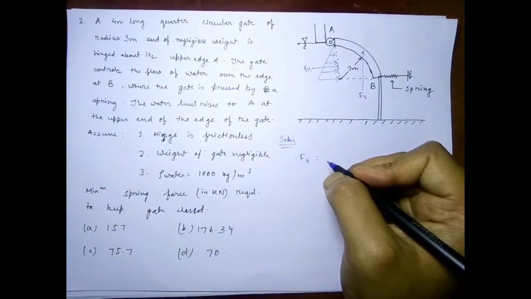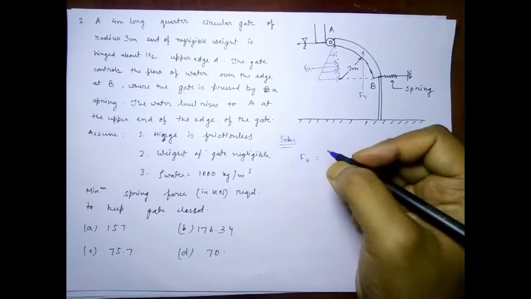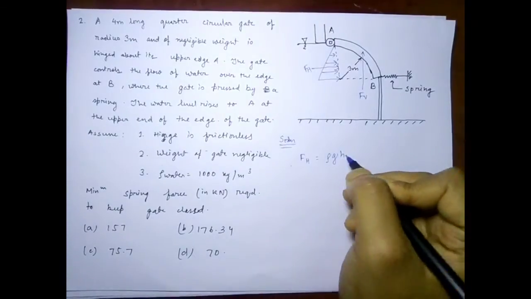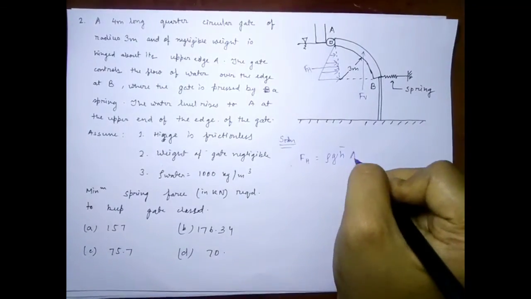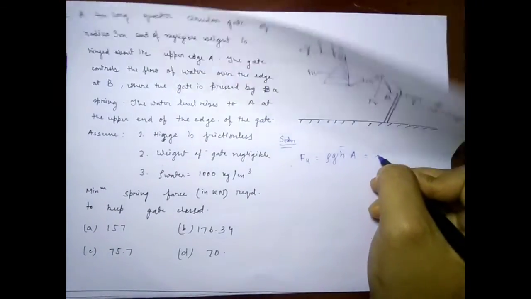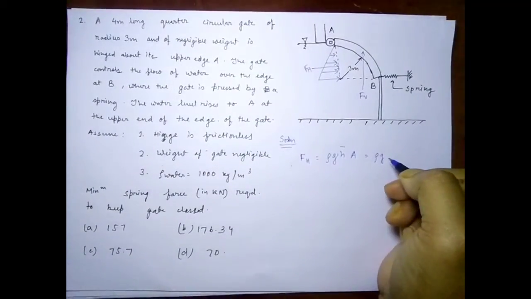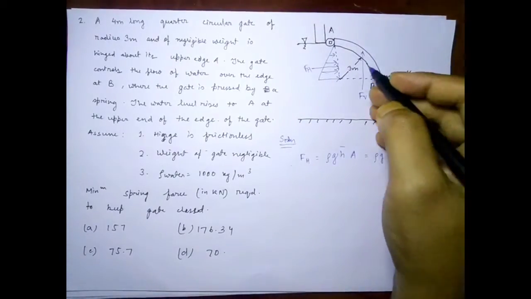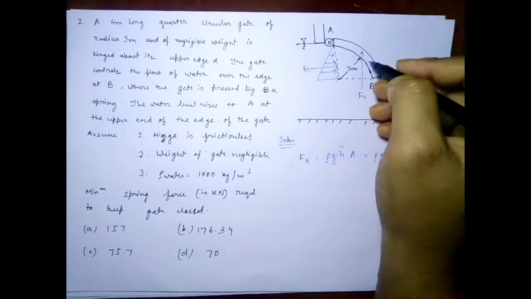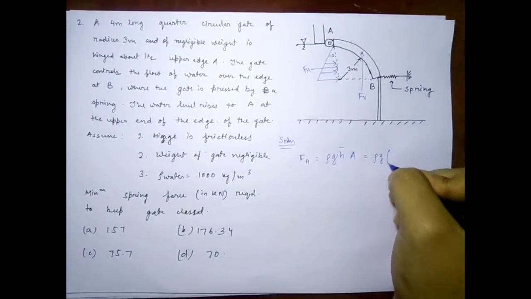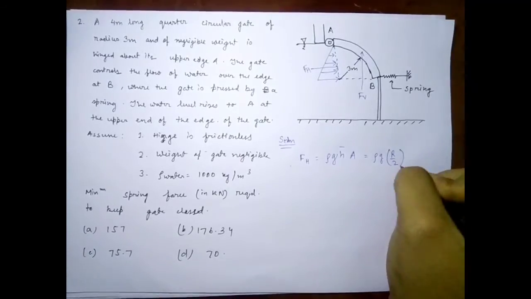So FH will be equal to rho G H bar A, and it will be rho G, and H bar is basically radius upon 2, so it will be R by 2